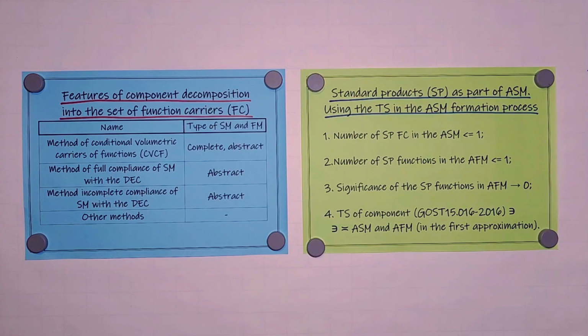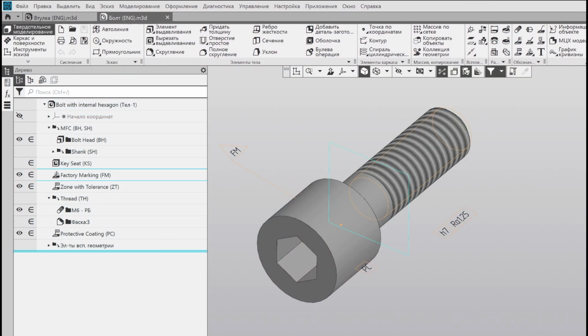In accordance with GOST 15.016-2016, this section of the technical specification is called product composition, but in practice it's often called composition and scope of delivery. In the process of applying the method of conditional volumetric carriers of functions, CVCF, for some objects of analysis,